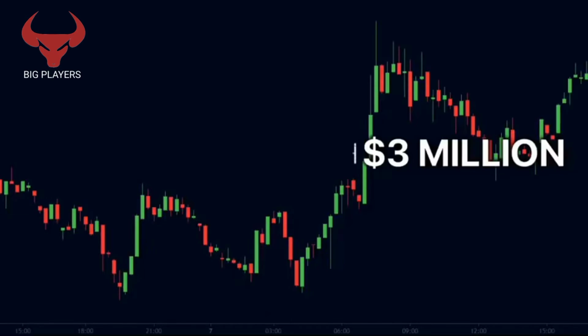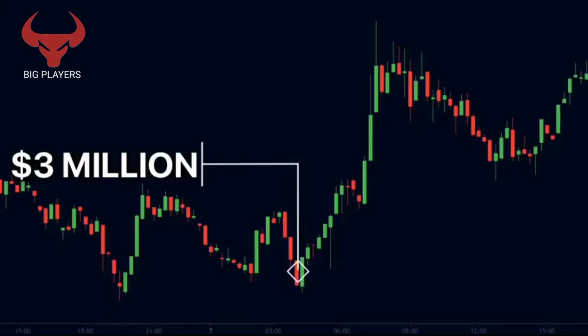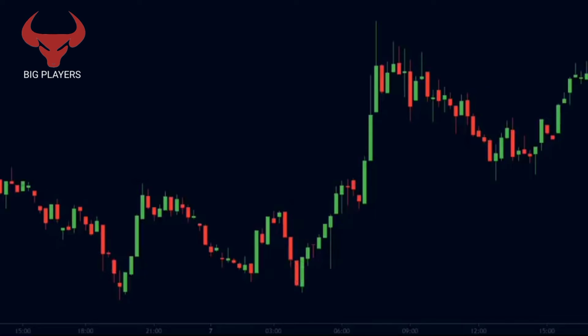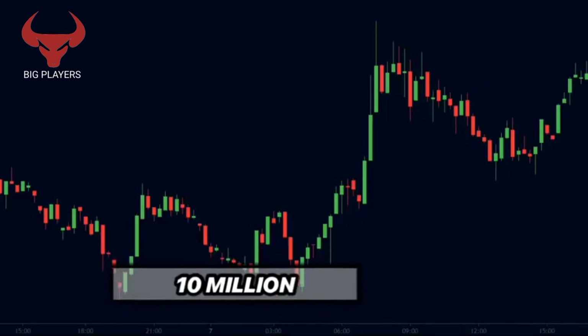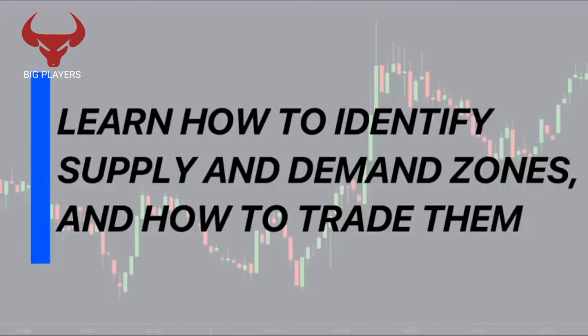So they buy another 3 million worth of shares here. And lastly, they buy another 3 million worth of shares on this dip. So now, they have successfully bought 10 million worth of shares at the same price, without hampering the price action of the stock. Our goal for this video is to learn how to identify supply and demand zones, and how